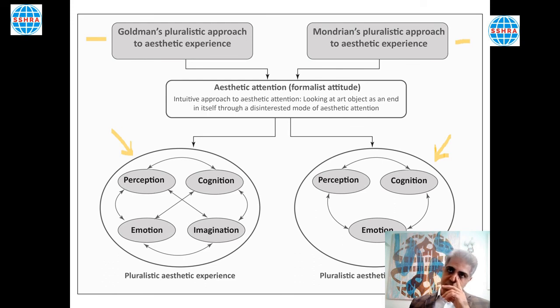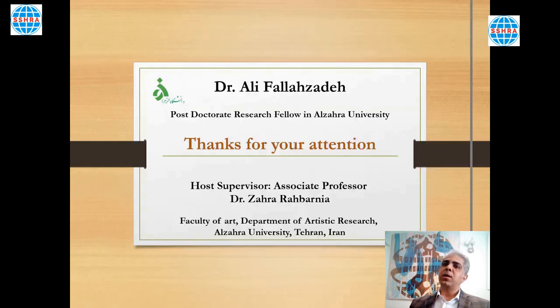So we come to the new conclusion that Piet's main argument on aesthetic experience is closest to the pluralistic approach of Goldman rather than the formalists like Greenberg or Roger Fry and Clive Bell. Although Piet created his art in the era when Roger Fry and Bell published their work on formalism, his attitude toward aesthetic experience is pluralistic. So here's what I found in my article, and I really appreciate your